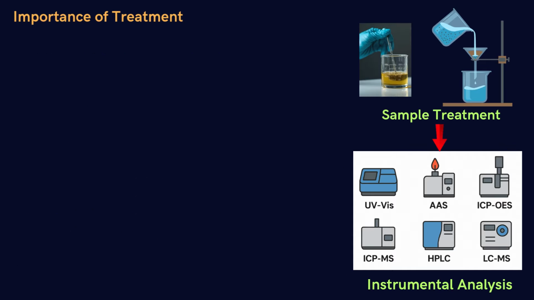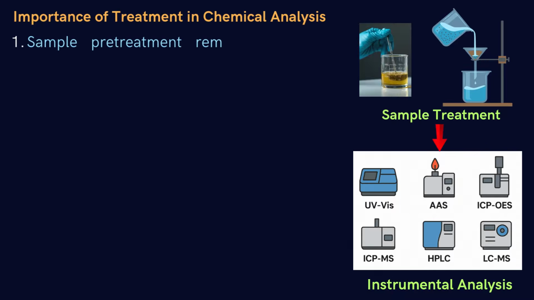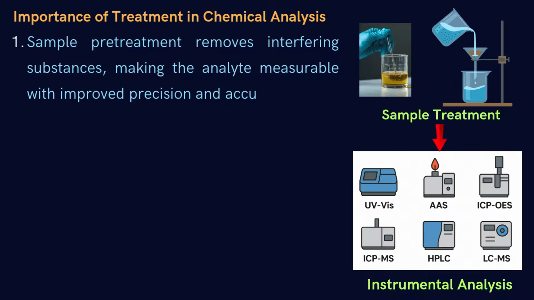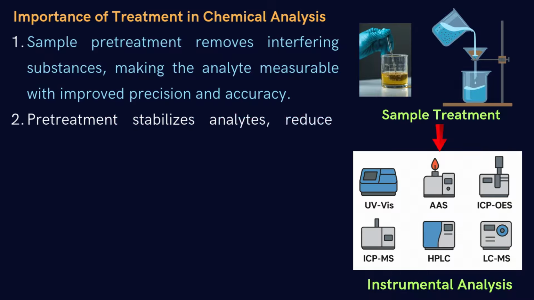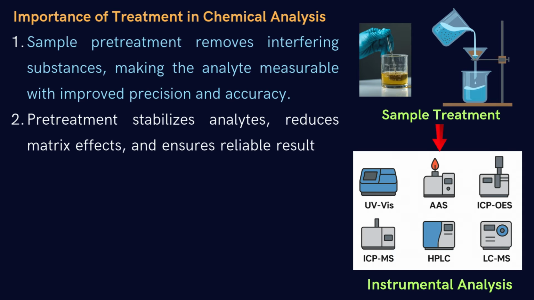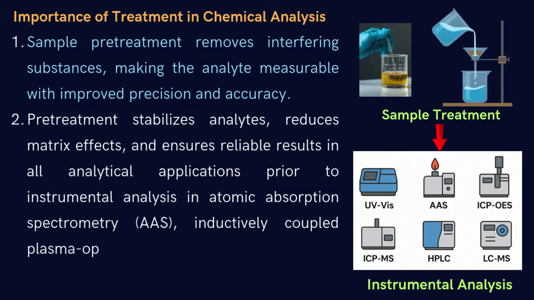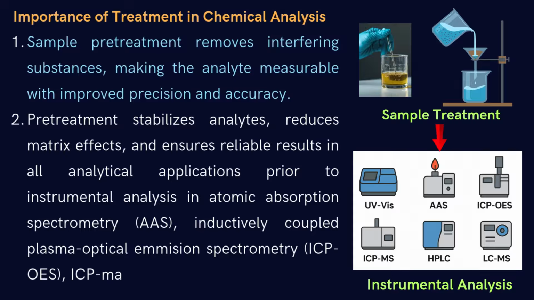What is the importance of pretreatment in chemical analysis? First one is, sample pretreatment removes interfering substances, making the analyte measurable with improved precision and accuracy. And second is, pretreatment stabilizes analytes, reduces matrix effects, and ensures reliable results in all analytical applications prior to instrumental